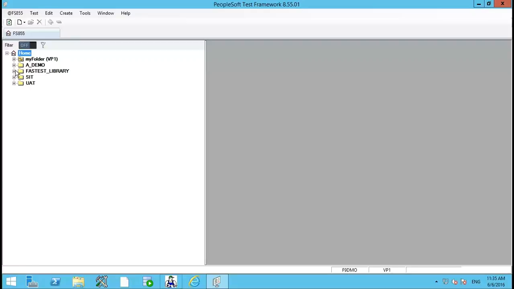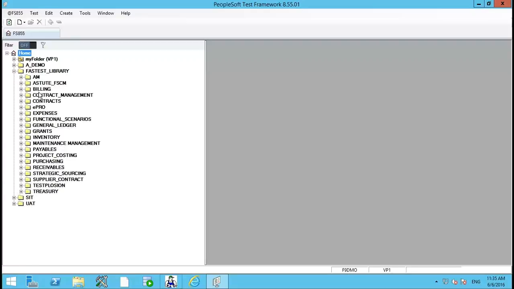So what we do is we provide you a pre-built library, and this library aims at touching all the vanilla transactions within every module of your application. We are talking about hundreds of discrete transactions within each of these modules. So consider the example of purchasing. You have creation of a requisition, creation of a purchase order, you create a receipt, dispatch a purchase order. So there are a lot of transactions within every module, and imagine coming into PTF and recording each of these transactions. So the objective of the FastTest library, the pre-built library, is to give you a jump start in terms of these discrete transactions. So that's the very first level of automation, recording these transactions.